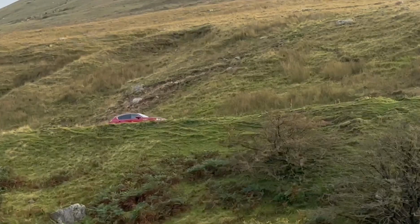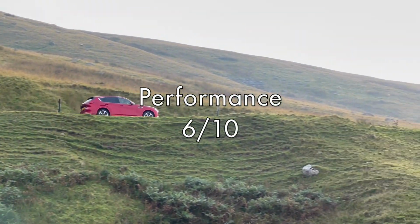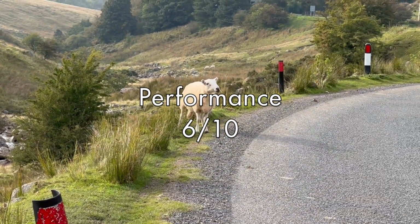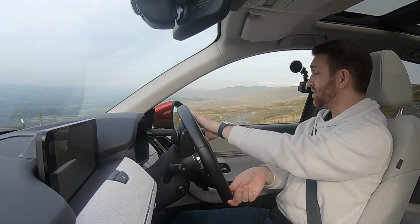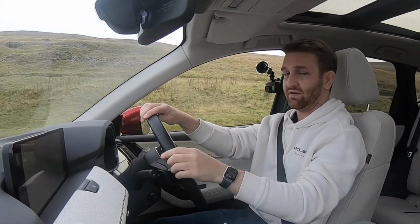The CX-60 has a 0 to 62 time of just 5.8 seconds, which is very impressive considering the mass. Torque always feels plentiful, and for this reason it gets a score bump up to above average at 6 out of 10. So the last section of the video then is Dailyability, and as I said in my previous review of the new Toyota CHR, which you can see by clicking the pop-out link somewhere in the video,